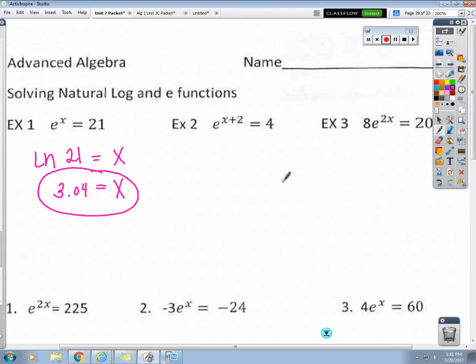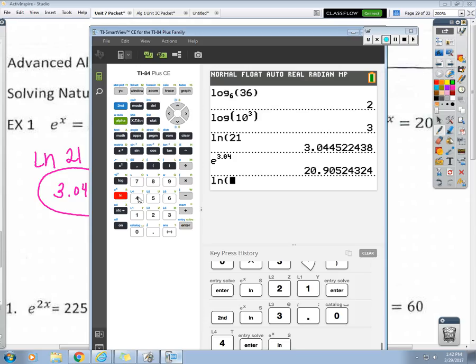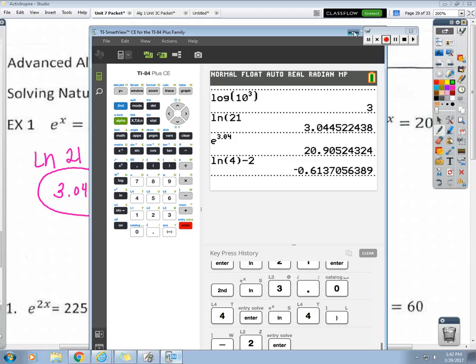All right, example 2. What's the base? Well, the base is e, which means that when you rewrite it in log form, it will be natural log. So the natural log of 4 equals, okay, so even though we rearranged it, x is still not by itself. What do we have to do? Okay, this is where you've got to be careful when typing it in. It's ln of 4, whatever that is, minus 2. So when you type it in, you'll have to do ln of 4, close the parenthesis, and then minus 2 on the outside. And you get,